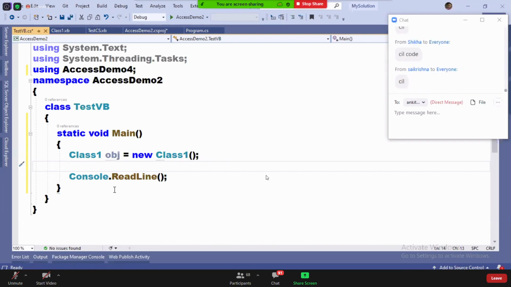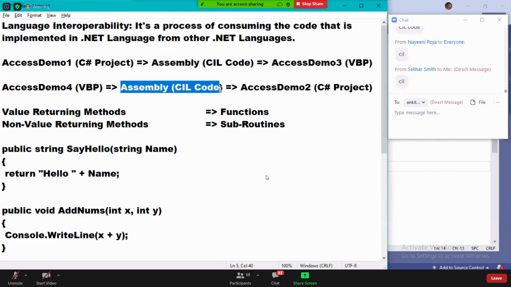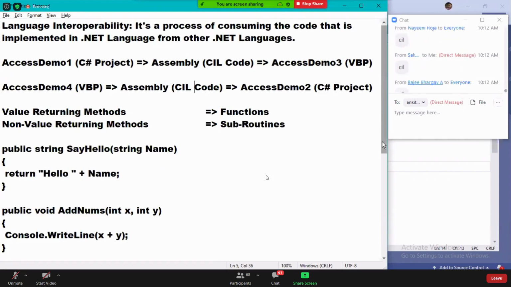CIL code, not VB code. Someone said VB, not VB, CIL. Very clearly telling you now, we converted to assembly. CIL code is what we are consuming, not VB.